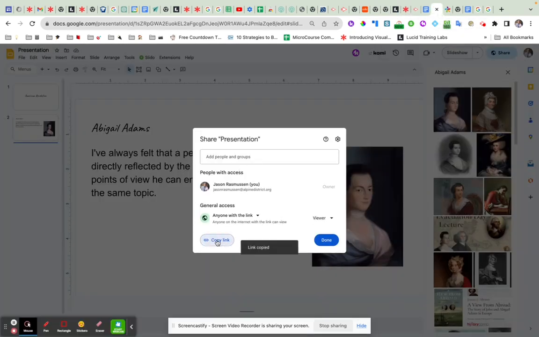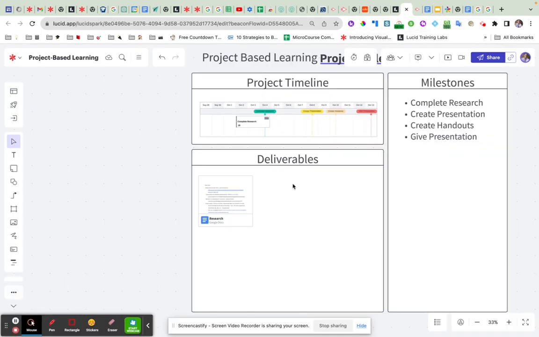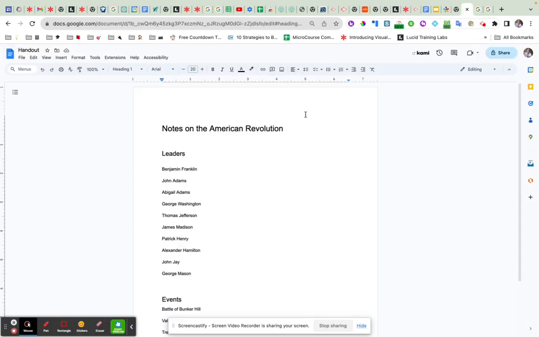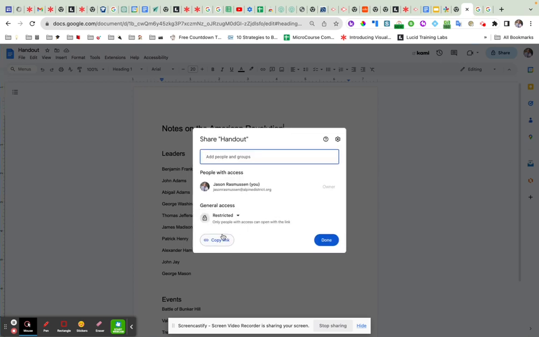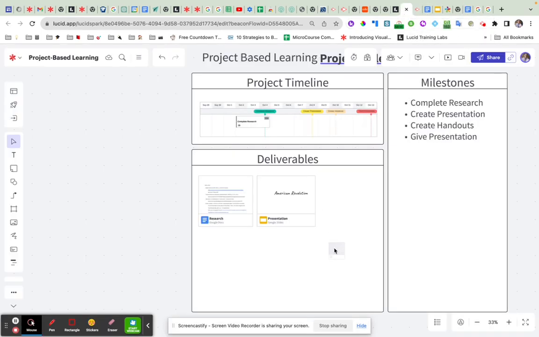I can do the same thing with maybe the slide presentation. And maybe I also created a handout and I want to put that on this document. So I can go to the handouts, open it up so that whoever I want is able to access it, and I can paste that directly into